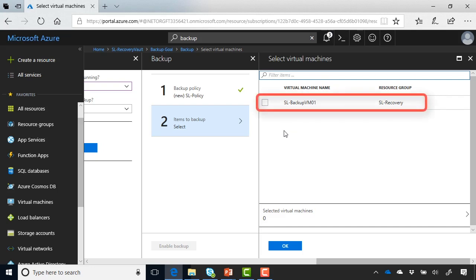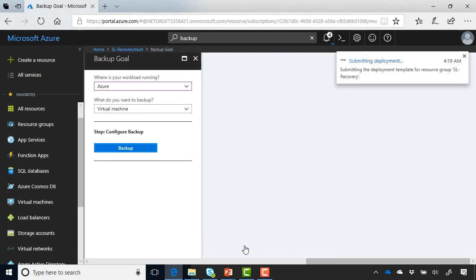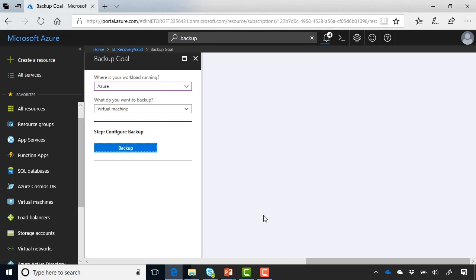So I've only got one virtual machine running right now, so I'll select that one, select virtual machines 1, select OK. It'll validate that, and then you basically enable backup. That'll take probably a minute or so to complete, and we'll begin backing up at the next cycle for you. So if we go over to that, I'll just fast forward here for a moment and head over to